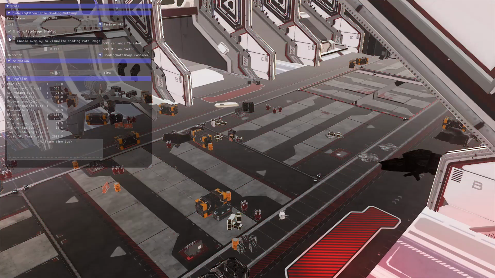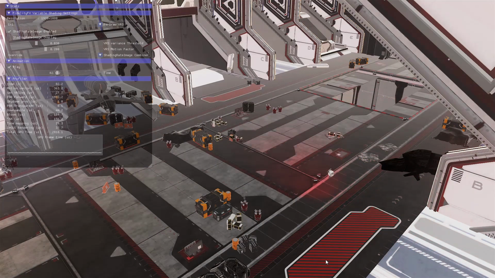We can see 2x2 VRS is mainly being applied in dark, relatively uniform areas of the screen. At the bottom of the screen, there's a relatively large area where 2x1 VRS is being used. If we disable the overlay, we can see there's horizontal stripes in screen space causing this. Finally, let's take a look at the impact of the motion vectors. You see, once the ship starts moving, 2x2 shading rate is getting applied to most of it. If we stop the animation, we see this is due to the motion vectors.